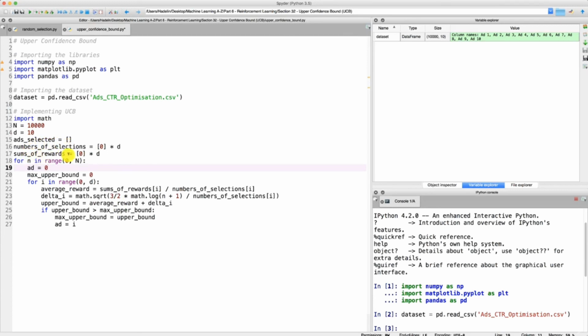And we'll also get some information about the sums of rewards. The sums of rewards will contain either zeros corresponding to the adds that got a 0 reward when they were selected during the first 10 rounds, or ones corresponding to the adds that got a 1 reward when they were selected during the first 10 rounds. So let's do it now. Let's simply select add 1, add 2, add 3, up to add 10 during the first 10 rounds,